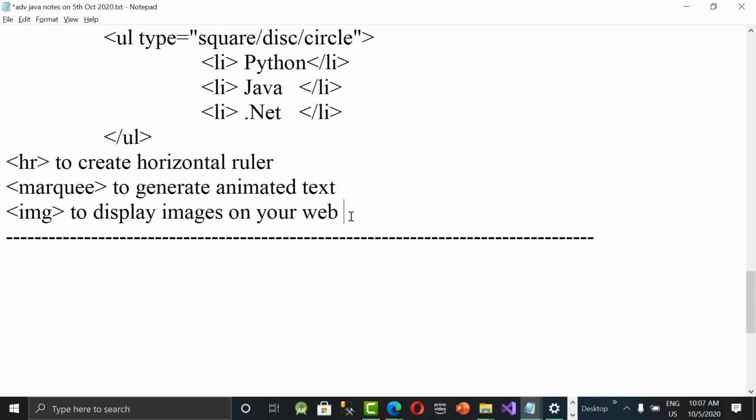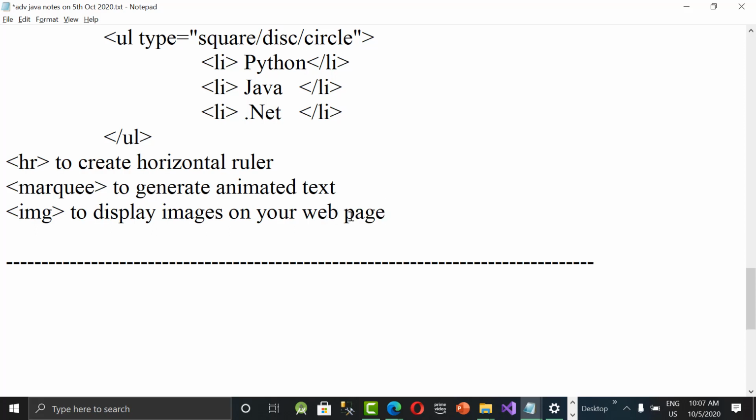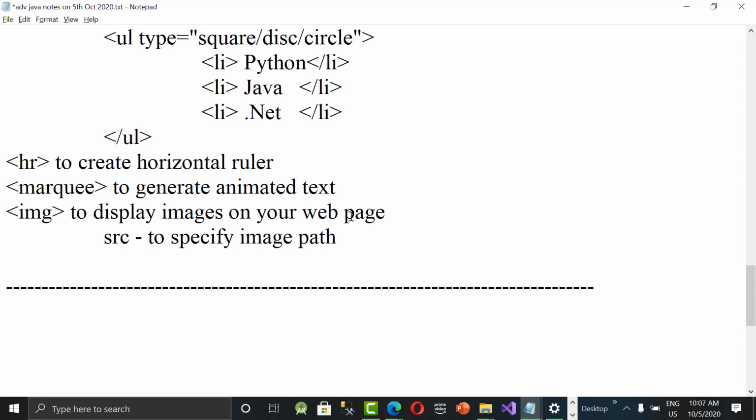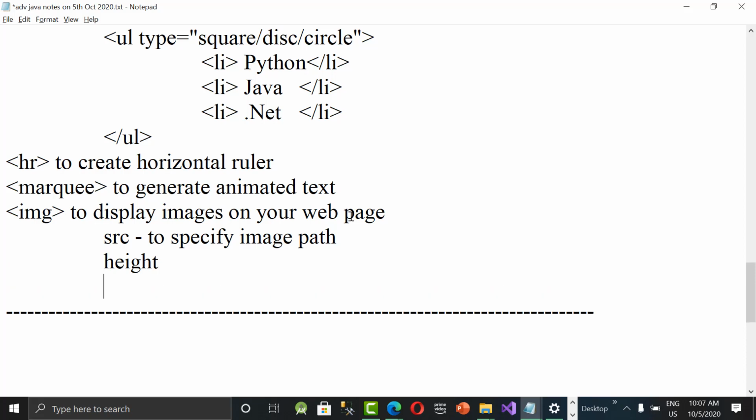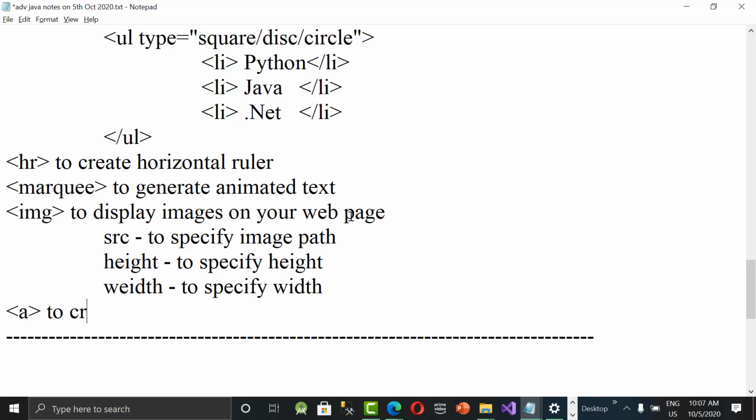What are the other attributes? src to specify the image URL or image path, and then height and width. Height is to specify height and width is to specify width. And coming to the anchor tag, to create a hyperlink to the specified web page or any URL.